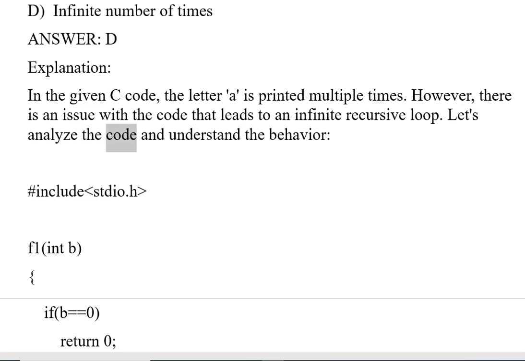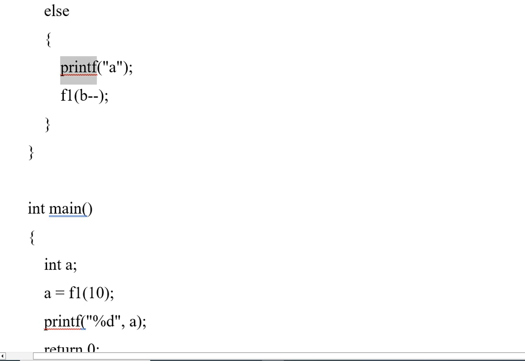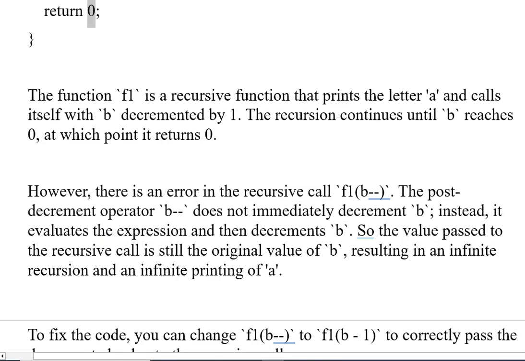Let's analyze the code and understand the behavior. #include <stdio.h> f1(int b) { if (b == 0) return 0; else { printf("A"); f1(b--); } } int main() { int a = f1(10); printf("%d", a); return 0; }